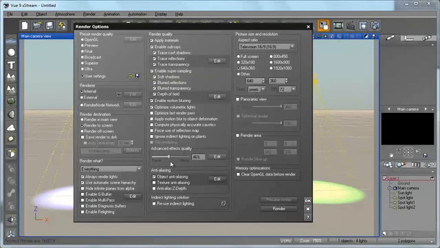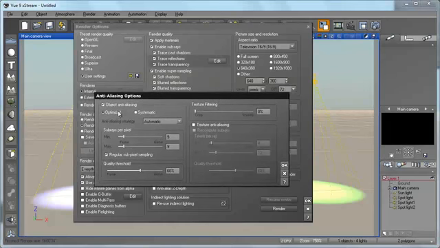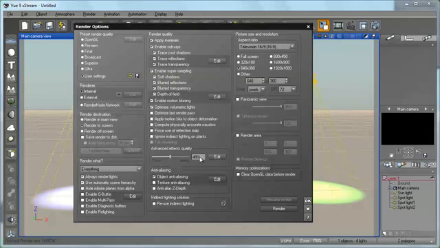So here you can play with this slider to get better quality or faster rendering times. Okay, you have the anti-aliasing. You can set object anti-aliasing and texture anti-aliasing. You can also edit here. We have some options: the subrays per pixel, etc. Texture filtering. You can check the view help here to see how it actually works to optimize your